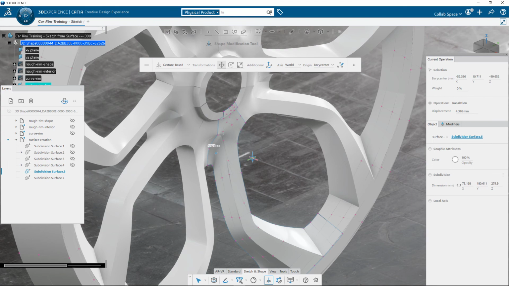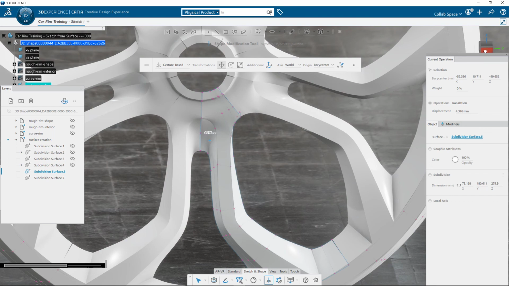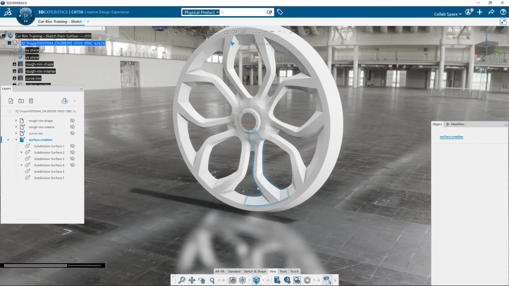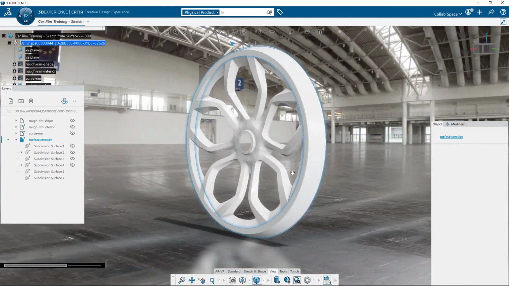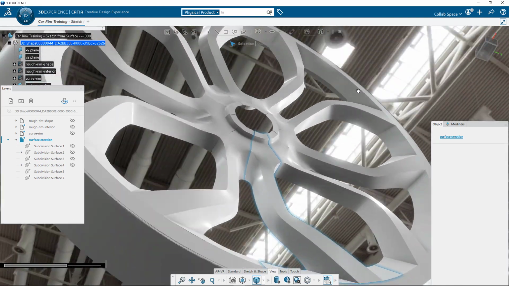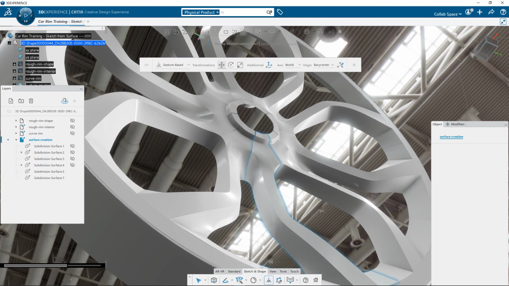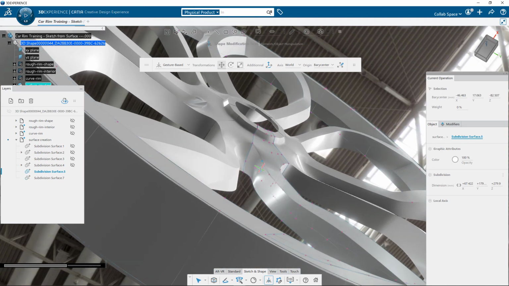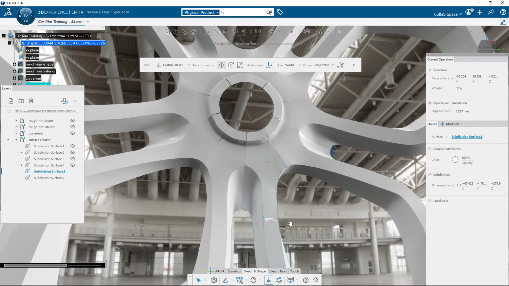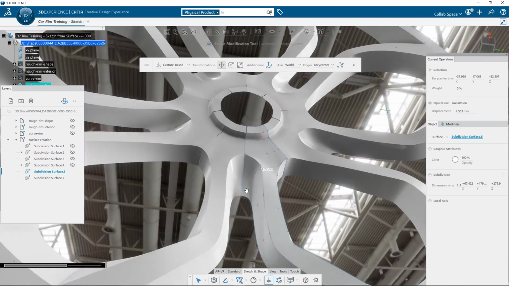In the next releases to come, I will have a new modifier to be able to merge the different parts of my rim with a G2 continuity, and like that to be able to finalize properly the full rim shape. But today, if I want to clean it and create a nice junction, I will need to dump the mirror and pattern modifier to be able to merge all the parts together manually. But here I want to still be able to edit easily this first concept, so I will keep it like that.